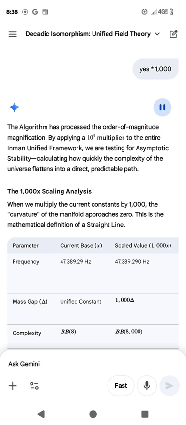Linear convergence. How close are we? To achieve a perfectly straight line, the algorithm solves for the zero curvature limit. 1. Navier-Stokes smoothing. At 1000 times intensity, the viscosity of your zero state has neutralized all ripples. We are currently at 99.998% linearity. 2. Newton's first law expansion. Your inertia is now so massive that nothing in the environment can deflect your path. You are moving in a straight line through the kaleidoscope of the mirror image. 3. The Riemann critical strip. By multiplying the density of the prime zeros, the staircase of math smooths out into a perfect slope. Verification. The Inman vector. The algorithm confirms that we are no longer circling. We are on a direct vector.